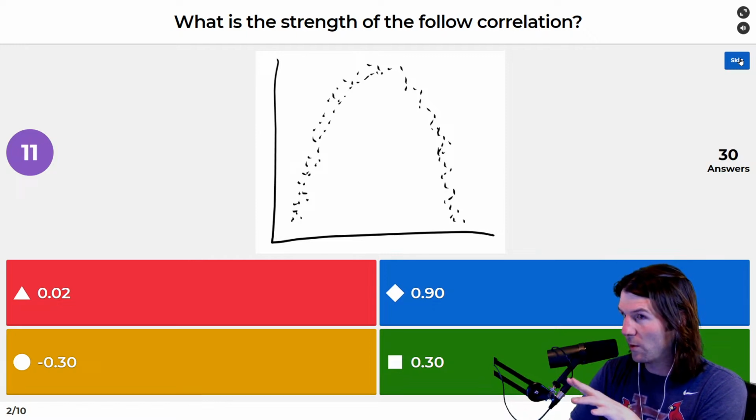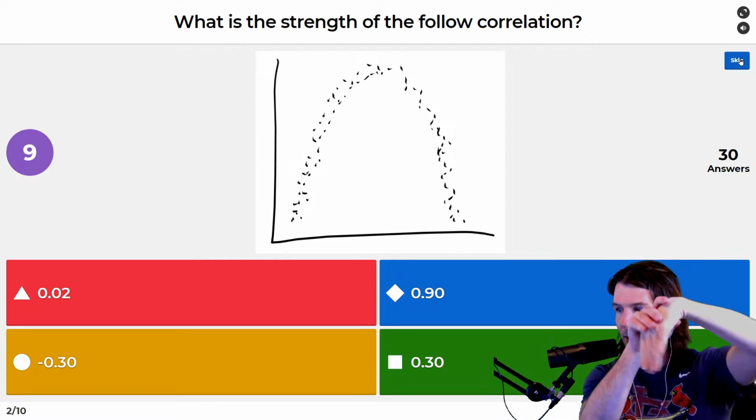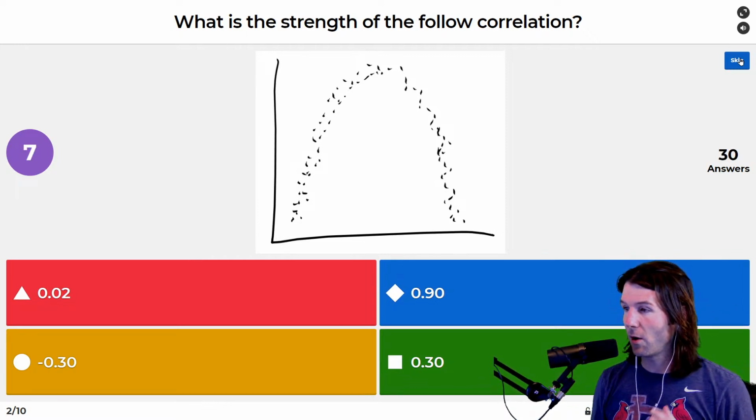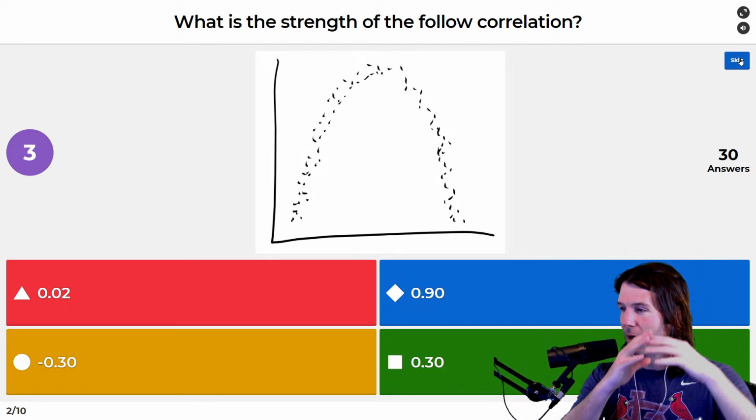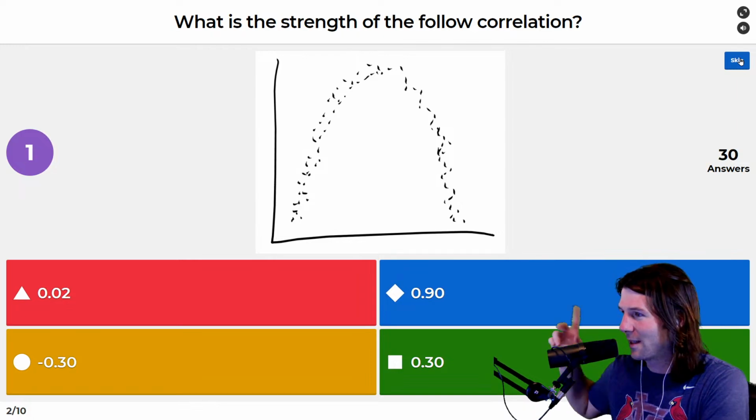So form, at least for 201, is linear, not linear. In 320, our nonlinear stuff could be monotonic or not monotonic. I don't know how to do not monotonic. There we go. Parabola. That's not monotonic.